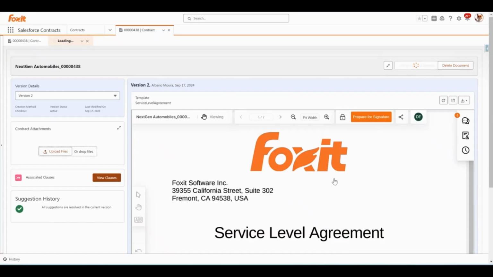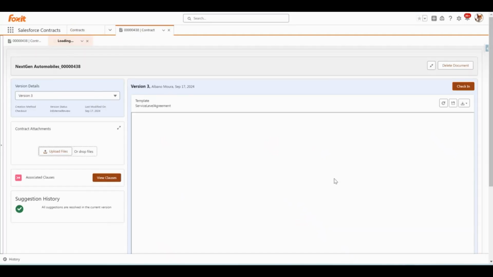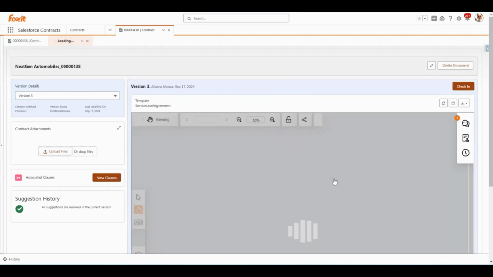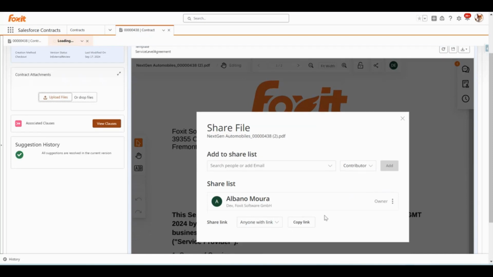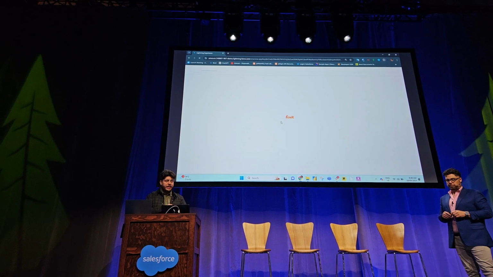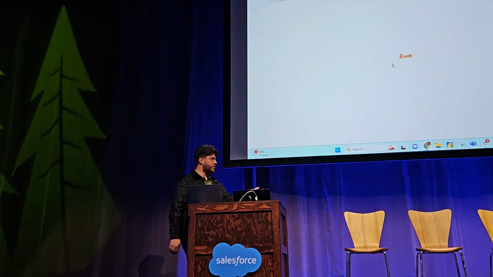That's going to create a new version of that document. We can check out that for external review. Once we check out that document, you're going to see there's a version update to version 2. And also we'll reset everything that is on that document out to make sure that we're working with a fresh document that we have redlined to send out to a prospect, right? Then we'll go through external review, and that will enable us to have the document completely ready for signature,